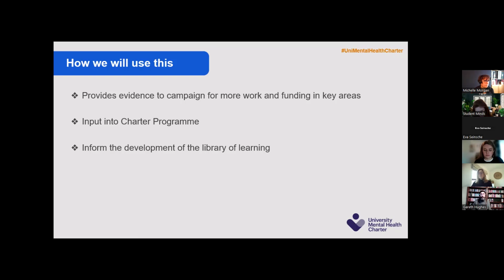The idea of the Library of Learning springs out of the analysis we've done from these Insights reports, as it started to become clear that there were real common things we needed to be talking about, and we needed to be doing more to help educate colleagues. The idea for the Library of Learning came from all of that. So what we're going to do with the Library of Learning is grow it organically over time. It will be a static resource. And initially on there, it's going to be broken down by domain. And so you can go into each domain.